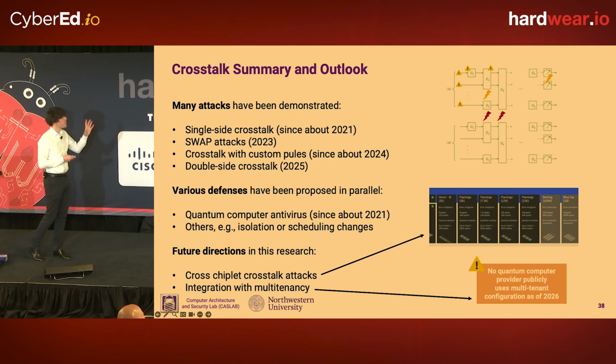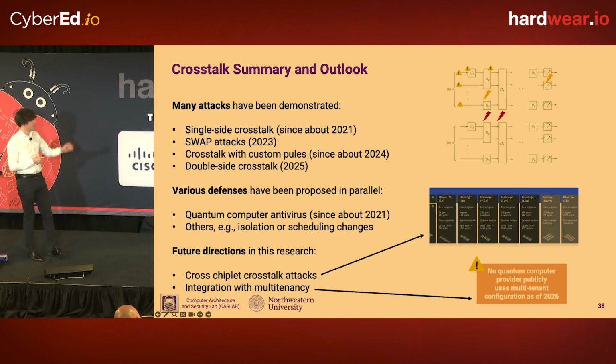One important highlight, I think, is that because of the size of the quantum computers, multi-tenancy, or sharing of the quantum computer, is not natively supported yet. People talk about it quite a bit. There are a lot of research papers proposing different sharing systems, but at least publicly, these machines don't support multi-tenancy yet. So for all these experiments, we control both the victim and the attackers because we have the machine to ourselves.